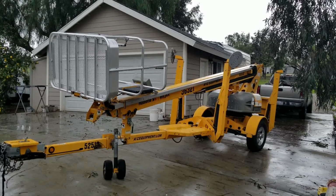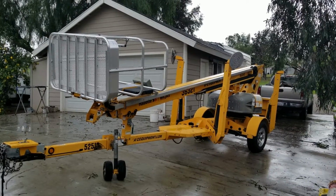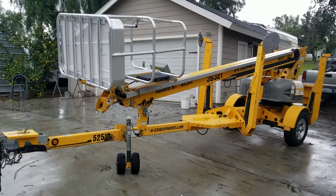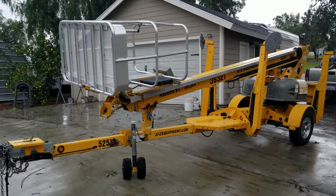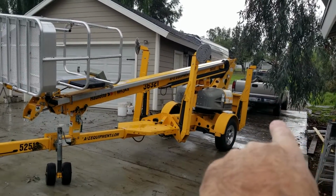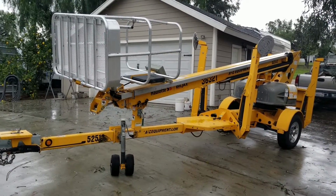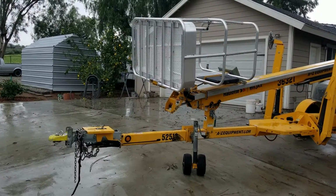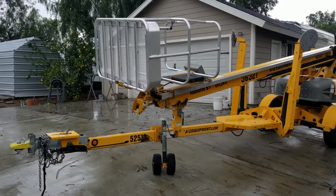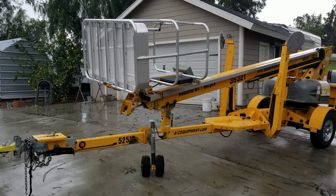I just had this delivered from Arizona, and I've bought probably I don't know how many different project cars out of state, and also that truck I bought from Georgia a long time ago. Got one of my bucket trucks I bought from Arizona. I bought stuff literally all over the United States, and I'm going to walk you guys through how